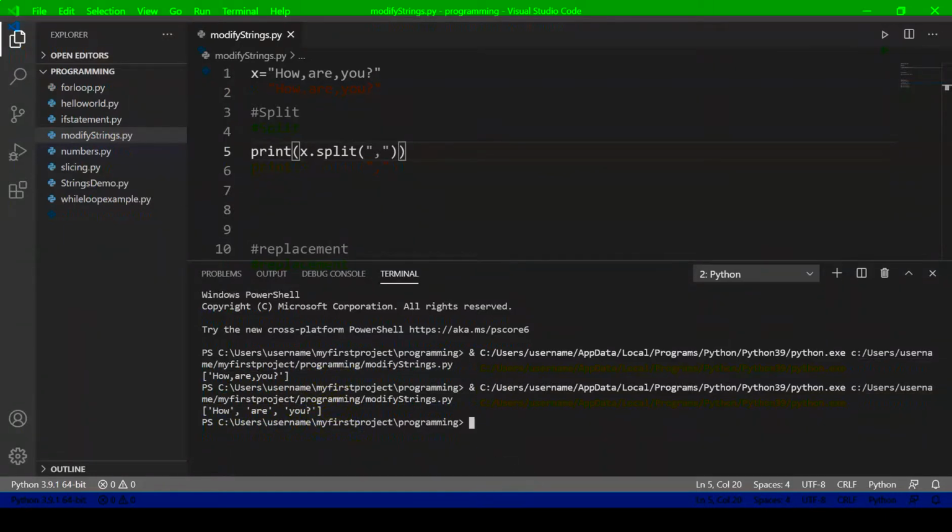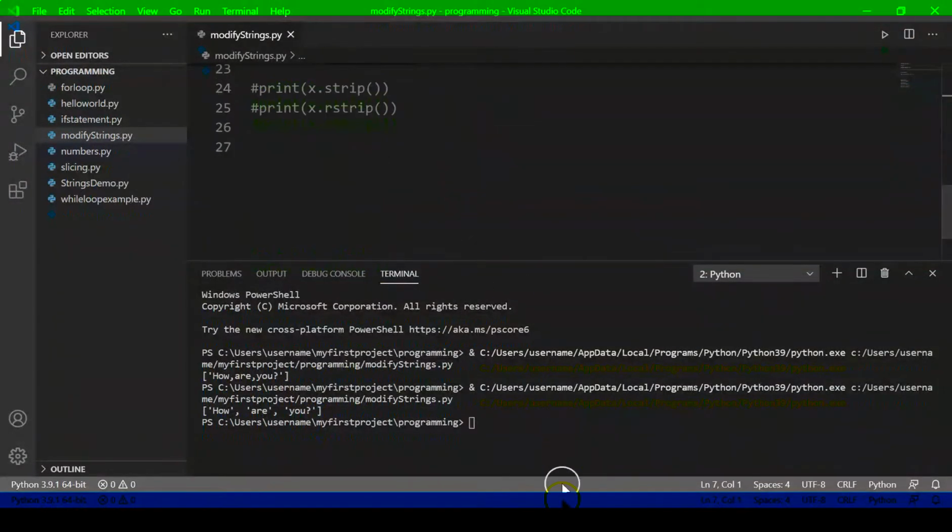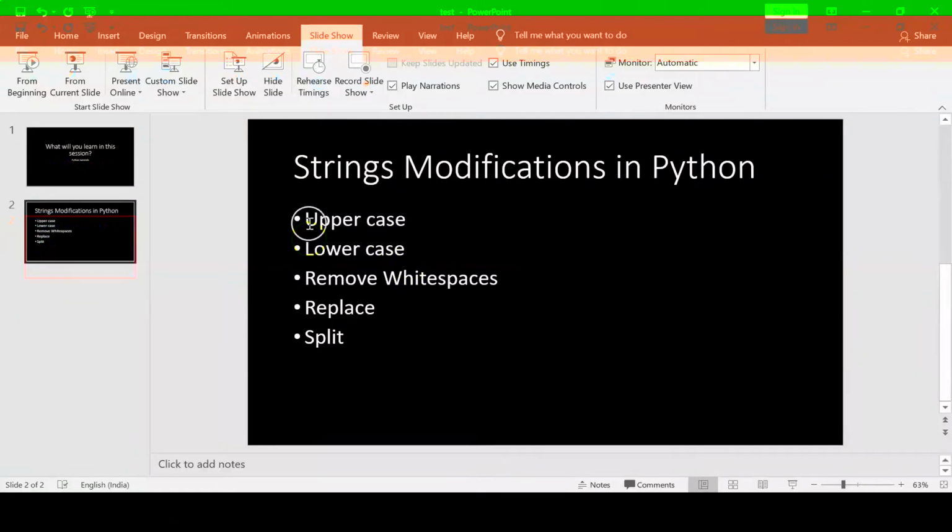All right. So let me recap what we have done. This was our agenda, string modifications in Python. We saw how we can convert a string into uppercase and lowercase by using the upper and lower functions. We also saw how we can remove white spaces. For that we used a strip function. There are 2 flavors of strip, lstrip and rstrip.